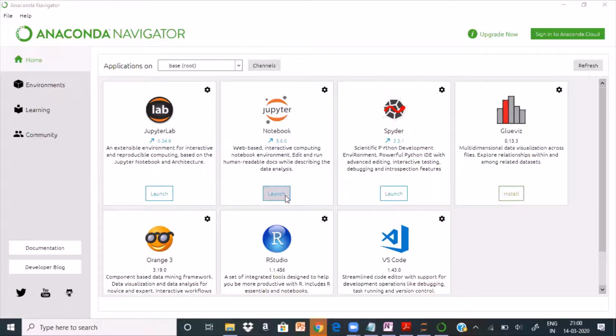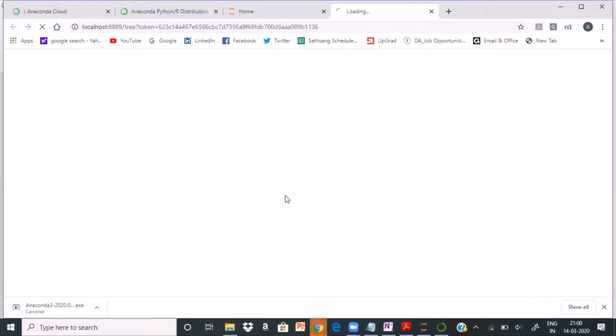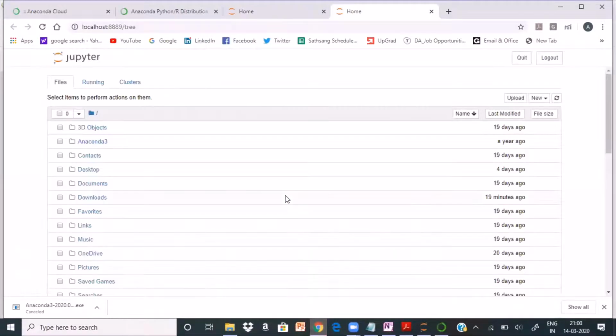Click launch. The moment you click launch, it will open up your browser. See here, it's home, and it is showing something like Jupyter, and it is showing you all the folders that you already have on your laptop or your machine.